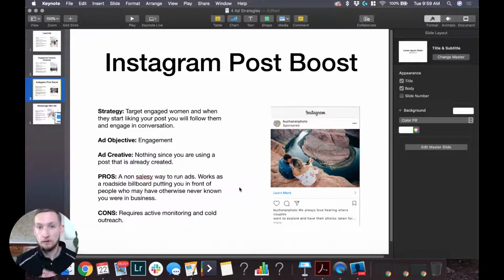But here's what's going to happen, because you're running an engagement objective ad, and you're running a post that has already been liked and loved by your audience. Here's what's going to happen. You're going to run this post, and you're going to start running this to your engaged audience in your local area, and you're going to start getting hearts and likes. Hearts and likes, same thing, right? You're going to start getting likes and comments, right? Here's what happens. You're going to monitor those likes and comments so that when you start to get those likes and comments,